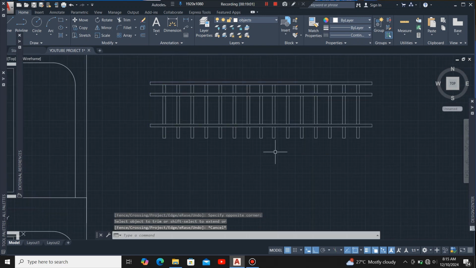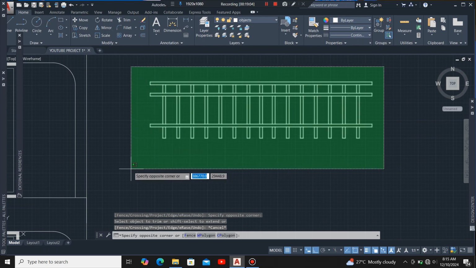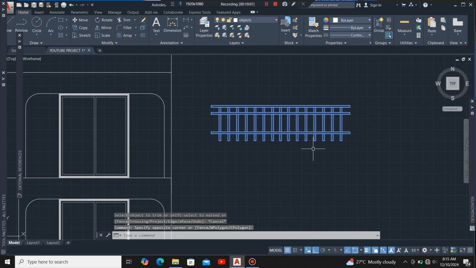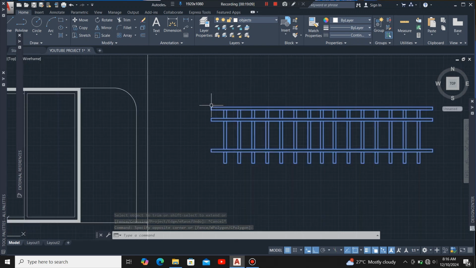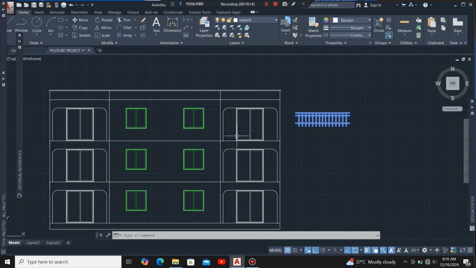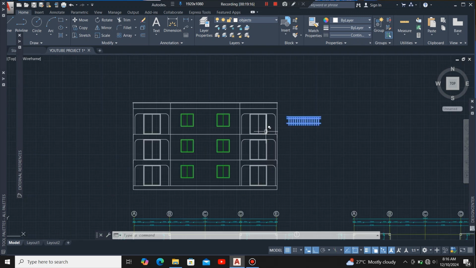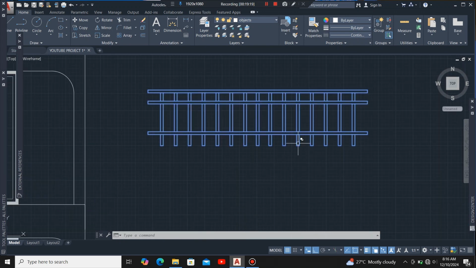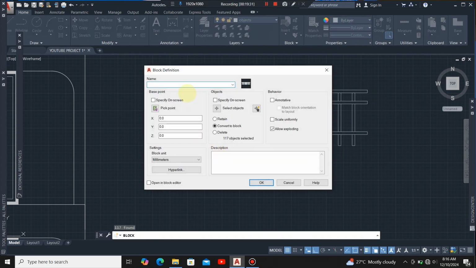So when you're done, you simply press escape at the keyboard, then you highlight each and everything. In most cases, I would love to always turn this guardrail into a block such that it is easy for me to select when I'm trying to copy it to these different levels. So when I'm done with selecting each and everything, I'll type in block at the keyboard. Then when I click at the block command, AutoCAD brings me this dialog box called block